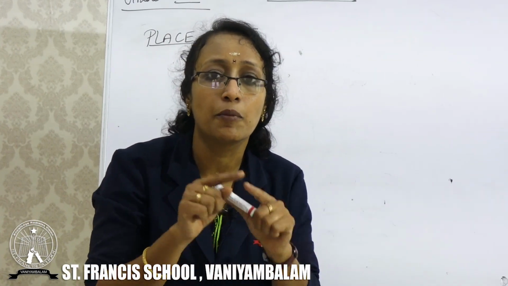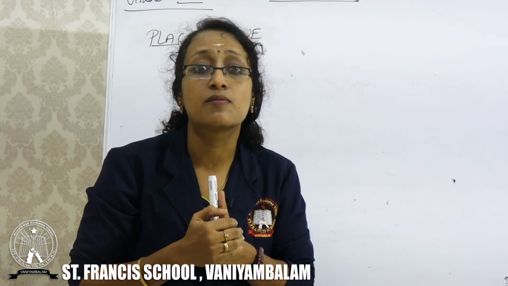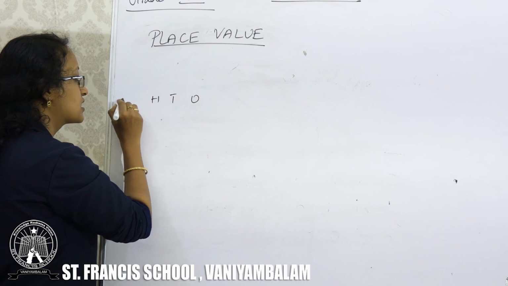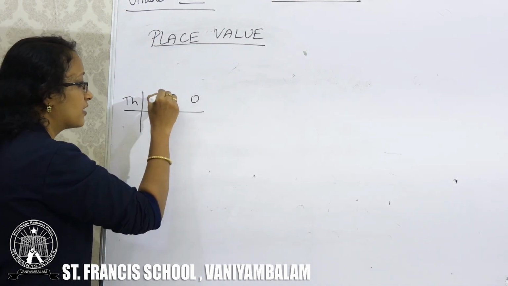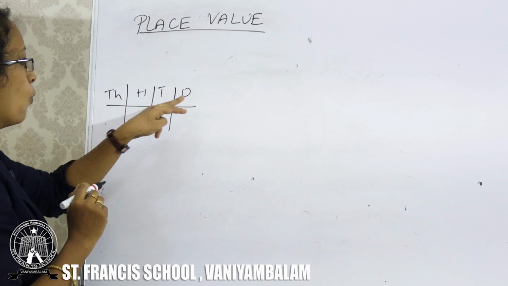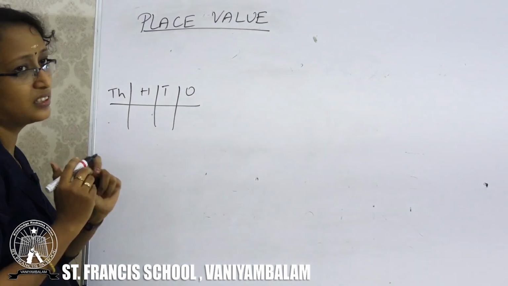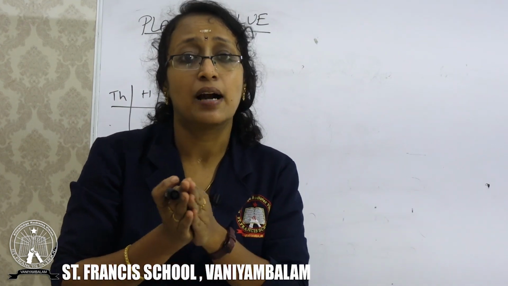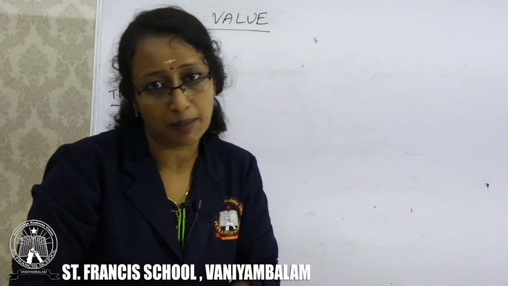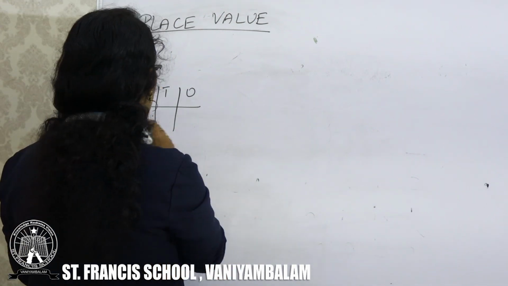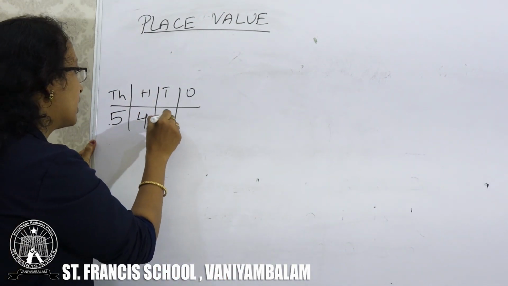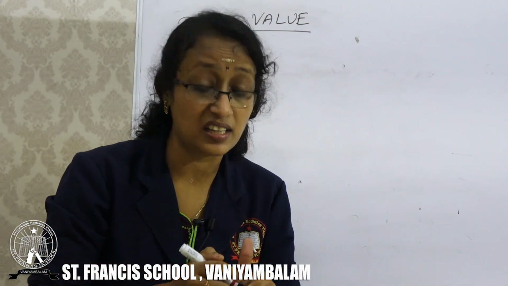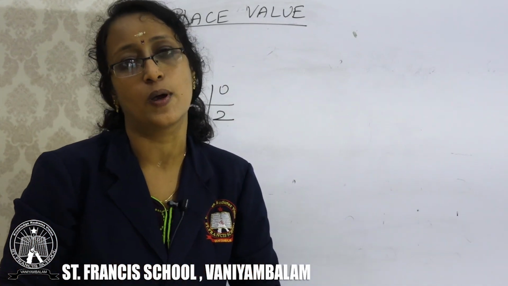So here the place value. Place means what? Do you remember the place? Yes. What is the place value chart? Ones, tens, hundreds, thousand. This is your place value chart, right? Yes. Ones, tens, hundreds and thousands. Okay. What is the place value? The value of the digit multiplied by the value of the place. That is 5, 4, 3, 2. Okay. Place value means where the digit occupies in the place value chart.